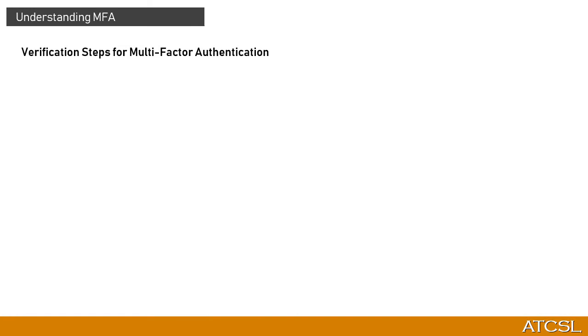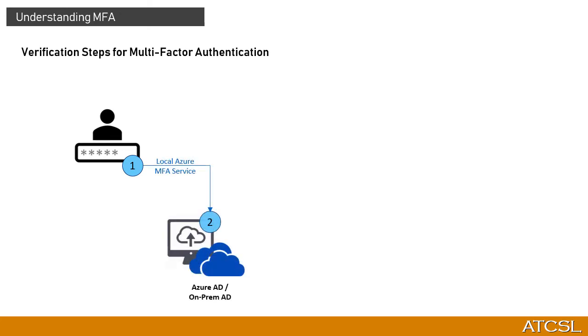It is important to understand how the MFA works. Once the MFA has been implemented, the local Azure MFA service validates the initial sign-in request. It does it via Azure AD or by passing the authentication request to the on-premises Active Directory. After the validation passes, the service then sends the request to the Azure Multi-Factor Authentication Server for layer 2 validation, which we just saw some time back.